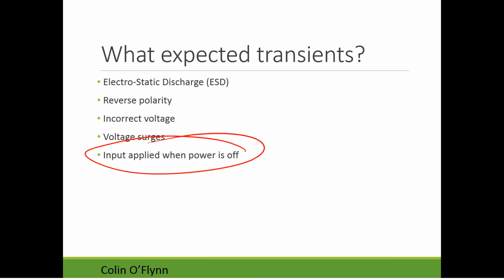The circuit's still on, the meter's off. So it's going to be designed to work fine, hopefully, when the power's off but the meter's still on. If it's a poorly designed meter, that might not be the case.